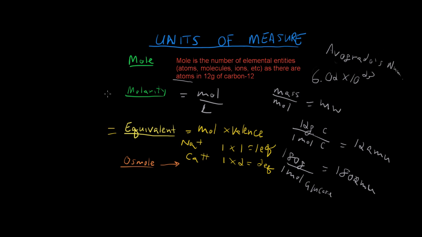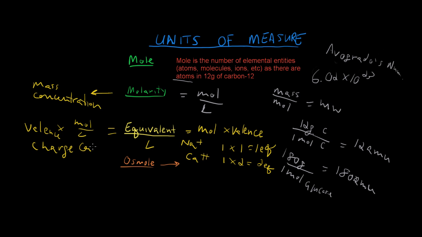Molarity is the mass concentration we're measuring, and equivalence, if we divide by liters, equivalence per liter is moles per liter times valence. So this is molarity times valence. So we're measuring charge concentration. An osmol is just simply the number of